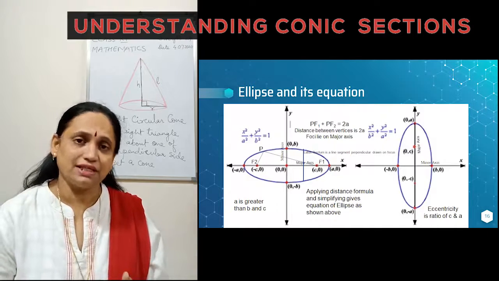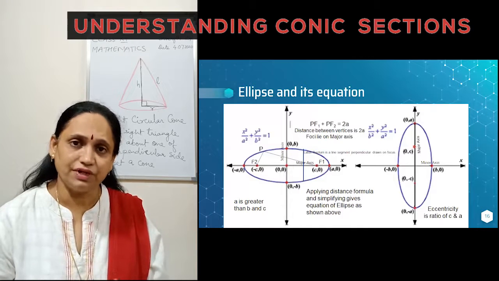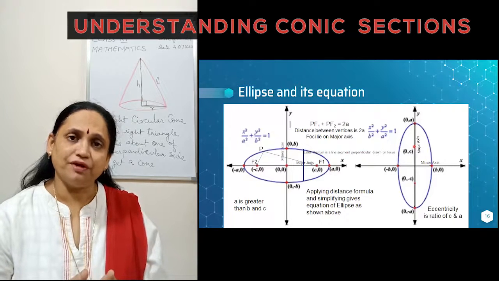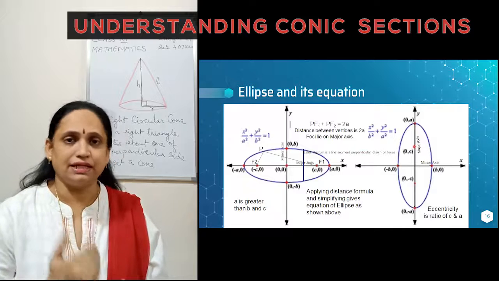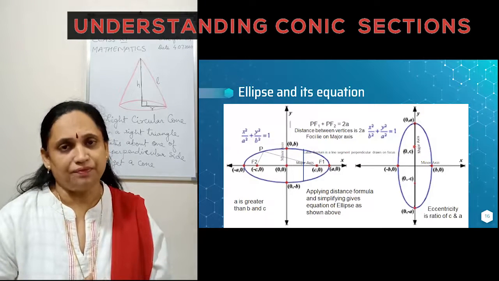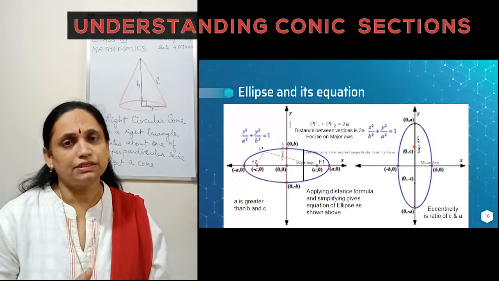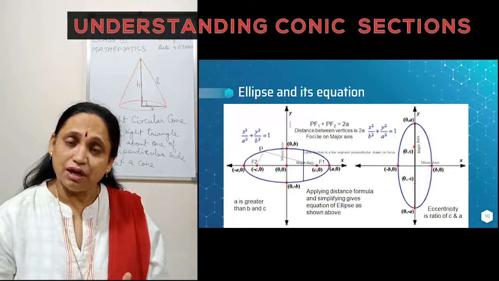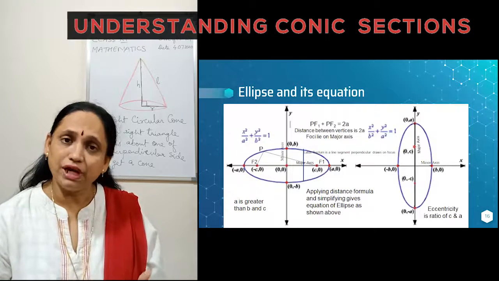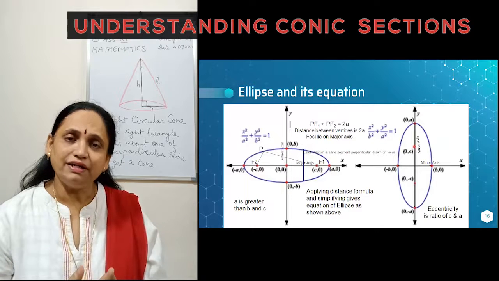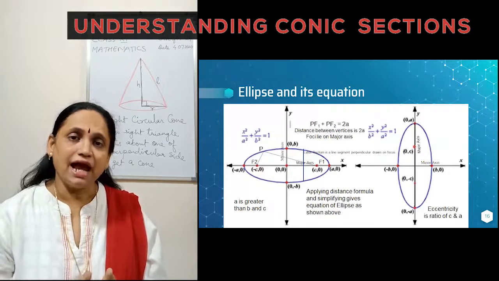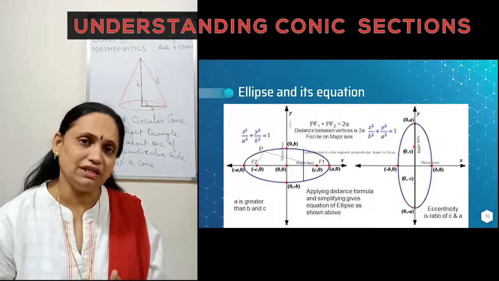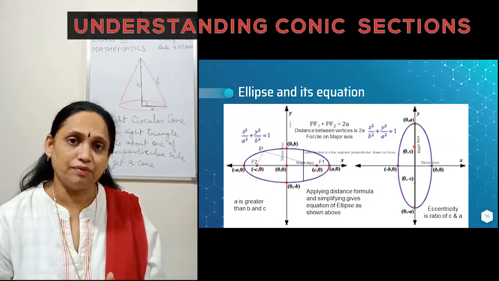So in this case, where the x-axis is the major axis, the coordinates of the vertex would be (a, 0) and (-a, 0). And the point where the ellipse meets the minor axis is called the point B, which is now in this case (0, b) and (0, -b). We got three numbers here, a, b and c. If you look at these three numbers, we would find that they form a Pythagorean triplet and a is the largest among all three. Hence, the relationship between these three numbers is a squared equals b squared plus c squared.